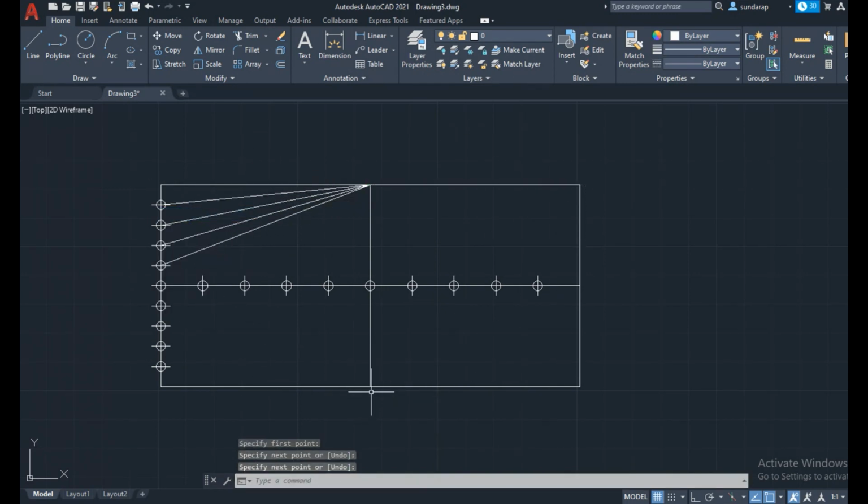Similarly, from the bottom vertex point, draw straight lines to the horizontal points.